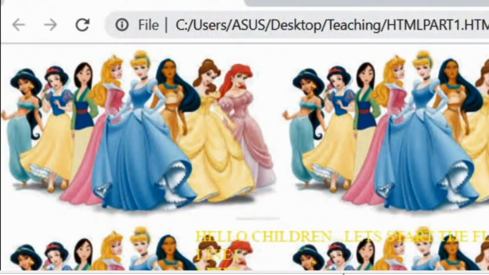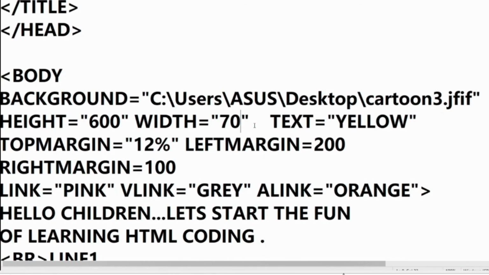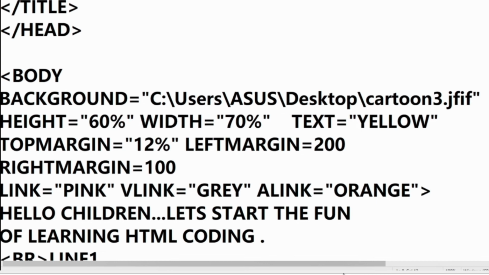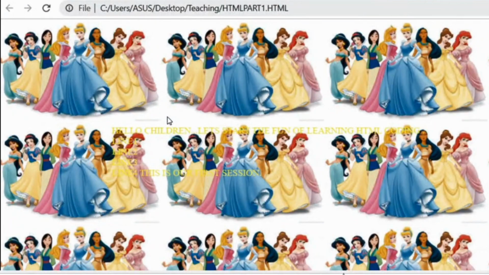Now see, you can change the value of pixel to percentage also. And remember the 600 was a number. So for number you can directly write down without double quotes. Here I have written in double quotes and HTML is not very much case sensitive. So it will not show any error. Now see, refresh. This is how we set background image to a web page. I hope the session was interesting.